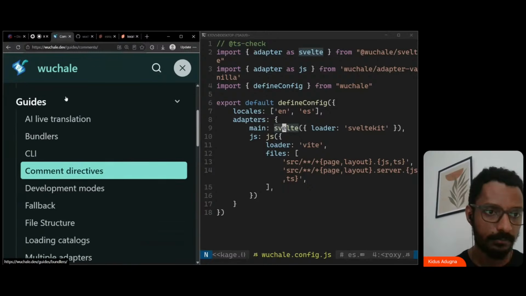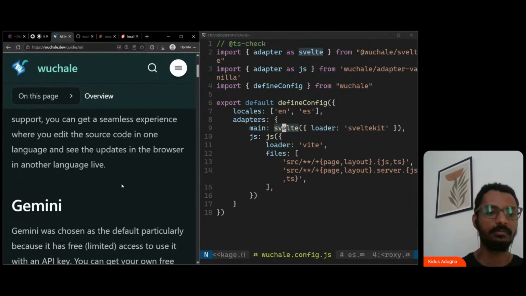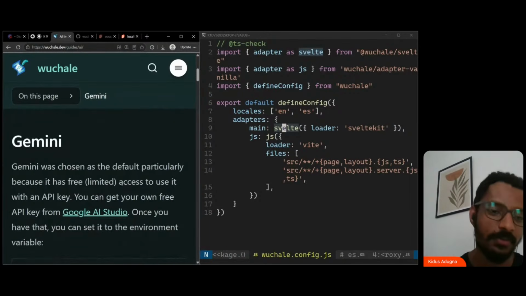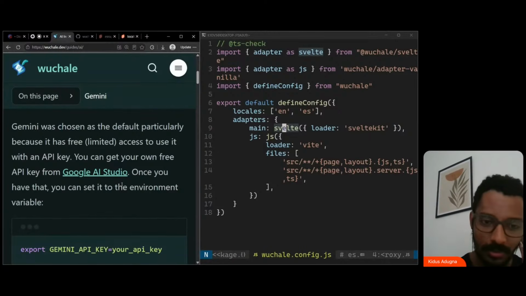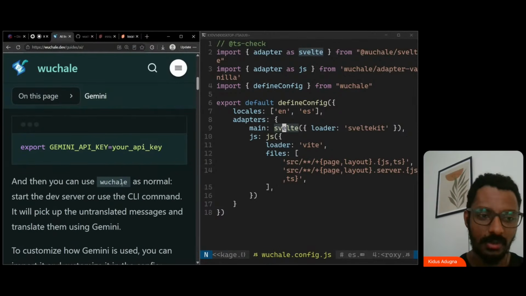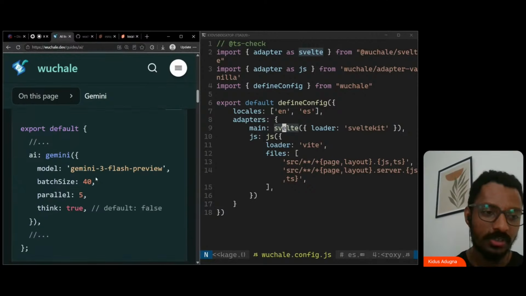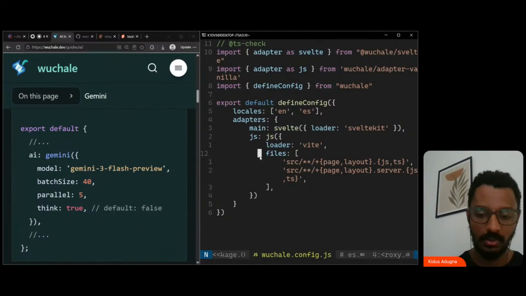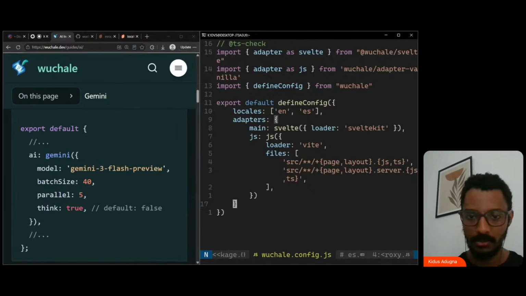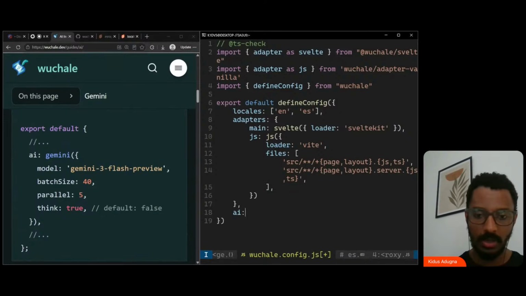Yeah, here. By default, since Gemini provides at least a few requests per day access, Gemini is by default included. So you just need to set the environment variable, and then it just uses it. But you could also disable it or customize it, right? So inside of the config, you could do this. So AI, and Gemini is just